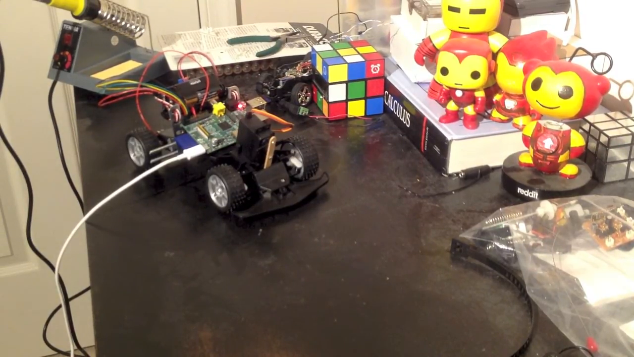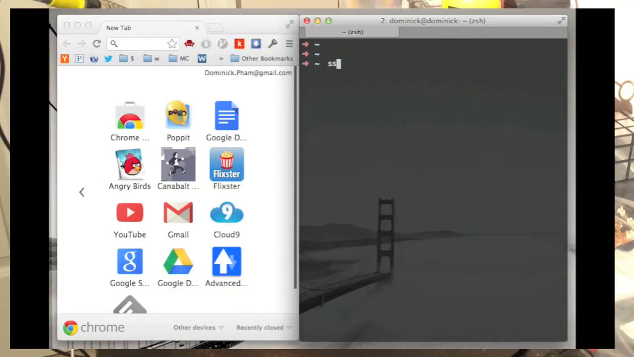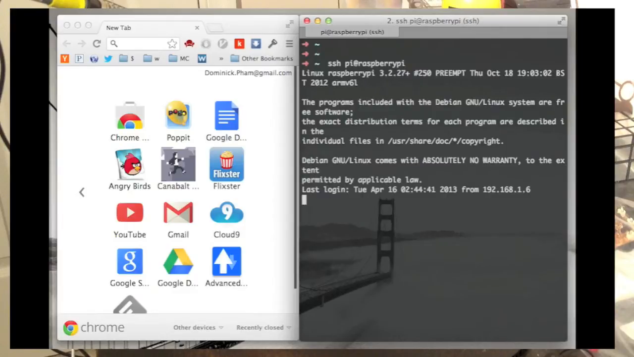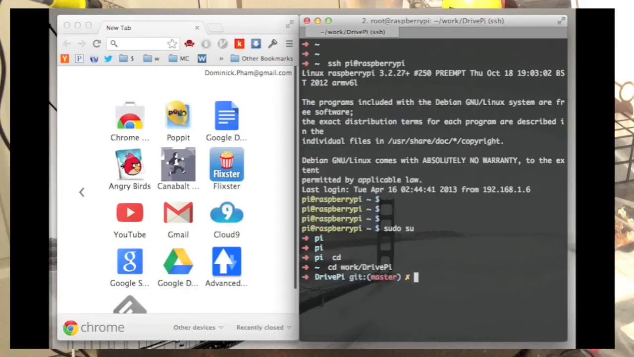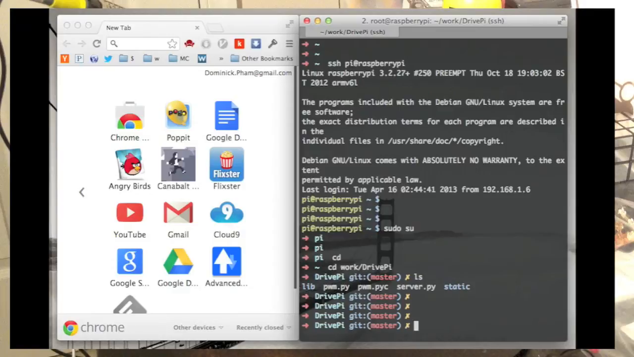Okay, I'm gonna go ahead and SSH into the Raspberry Pi. And I'm gonna give myself sudo power so I have access to everything. Go to our project folder. Now, this server.py, I'm going to run Python